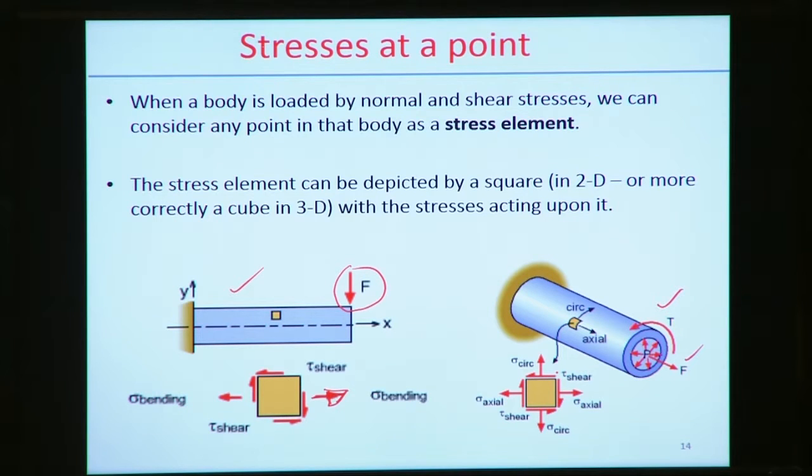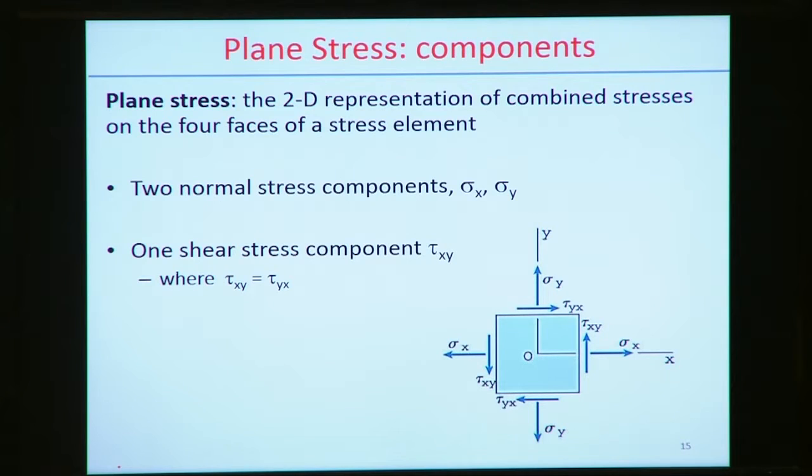We consider first a square element, and within that element there is an axial stress acting and at the same time a circumferential stress also acting, and there may be shear stress on the edges. So this is the description of one body subjected to different kinds of loading, and we can represent this loading in terms of a small element and the different stresses acting on that element. Specifically, the two types of stresses acting here are the normal stress and the shear stress. So now we can further analyze the stress state.